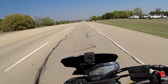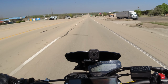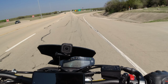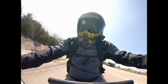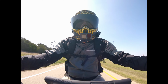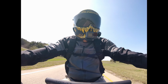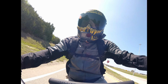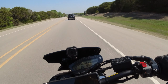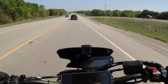You might get a tad bit more towards like the 5,500 range maybe. But you're getting a hell of a lot at the early RPMs, and it doesn't really taper, man. It just keeps going. One of the reasons why I like the MT-09 is that it's power on demand everywhere. It's a fun bike. You know, my MT-07 was fun too. I really enjoy the whole MT series, and I know there's other bikes out there that compete, highly comparable,